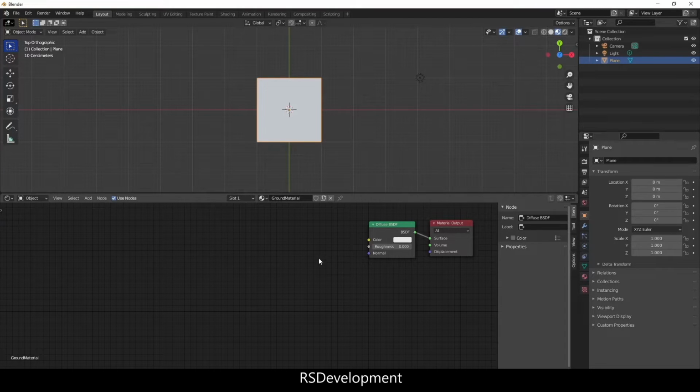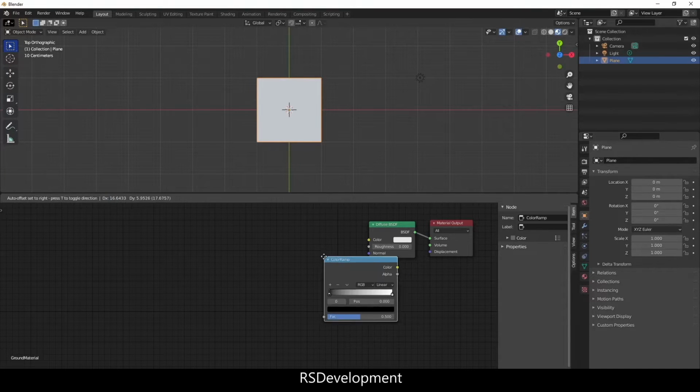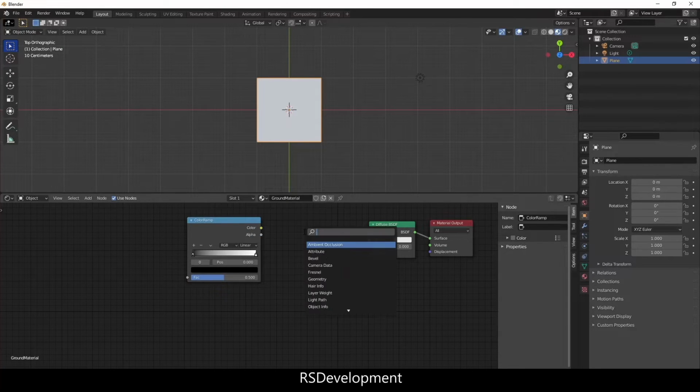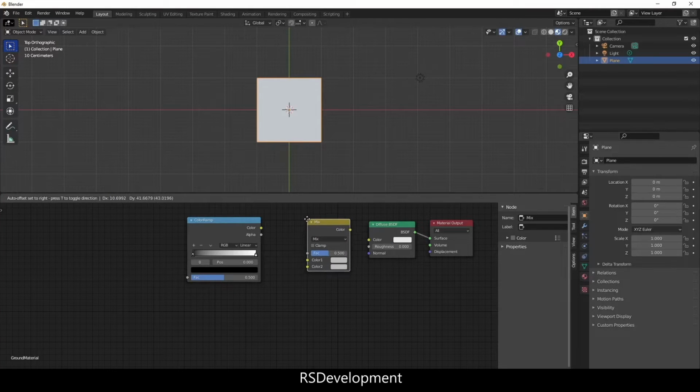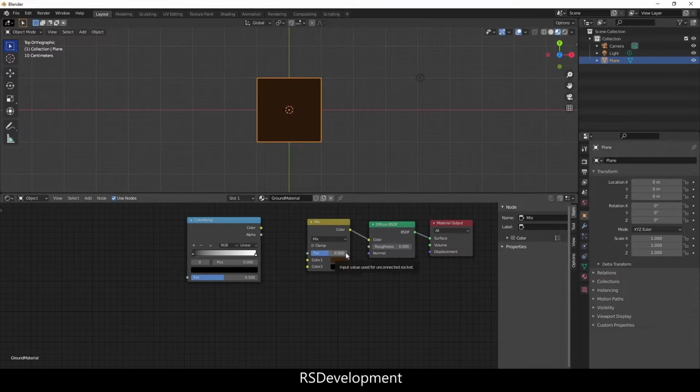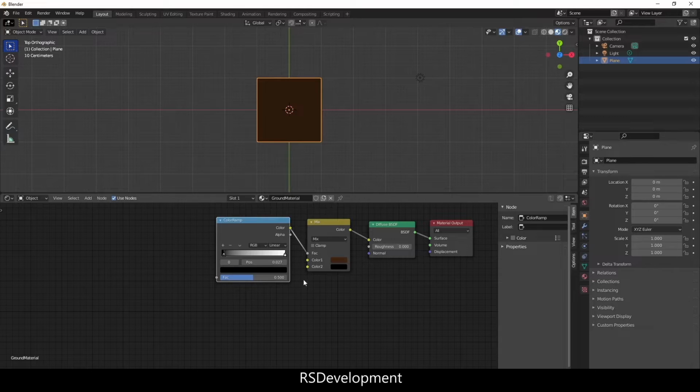So after connecting that to the output, I'm going to add a color ramp, and then also add a Mix RGB node. So I can link the Mix RGB to the Diffuse BSDF, the color to the color there, and then use the color wheel to add 2 different colors there. I'll create some dirt textures and then just have color 2 be black. So I'll link the color ramp color to the Fac of the Mix RGB, and then I'm going to